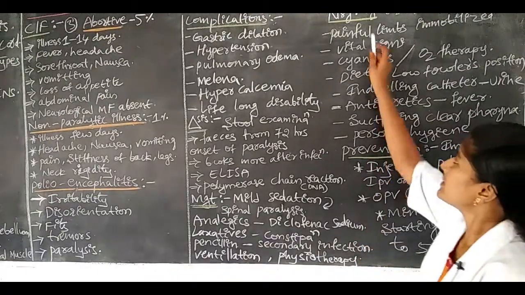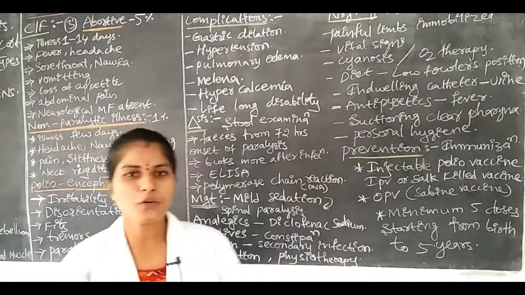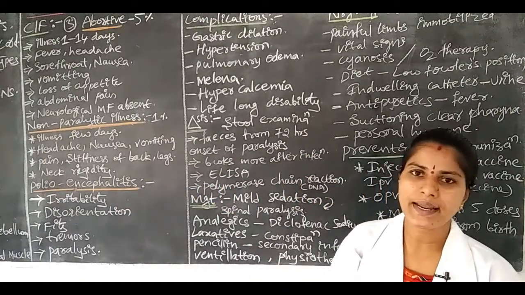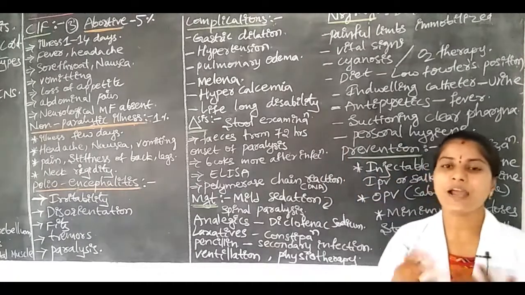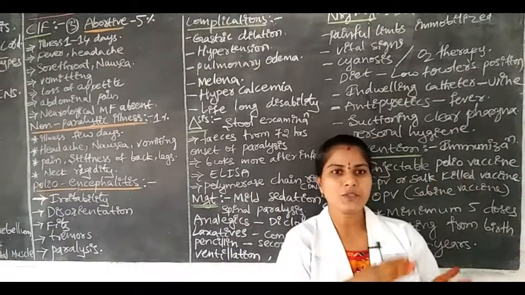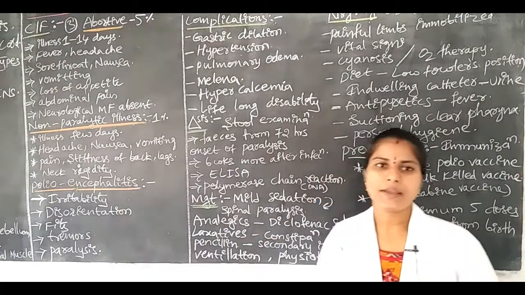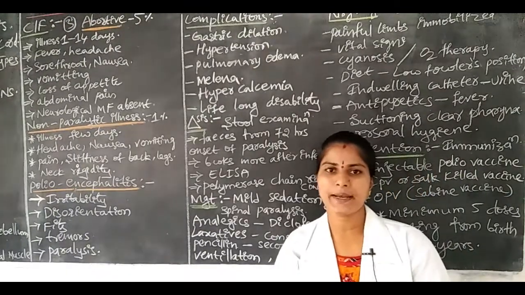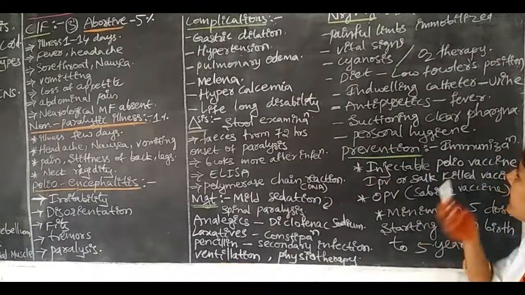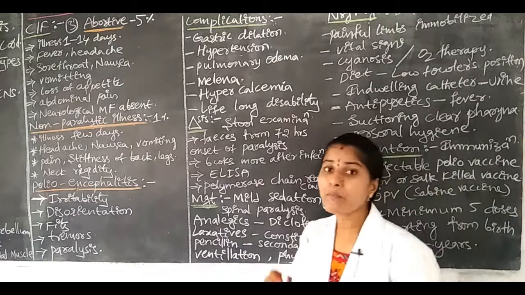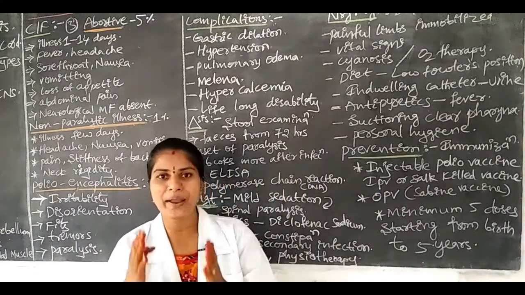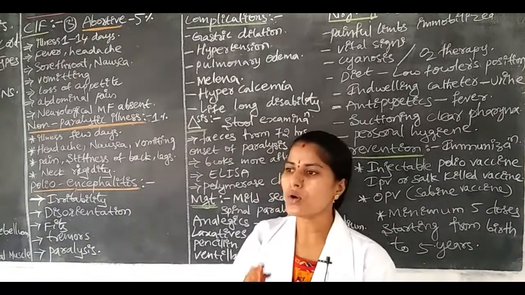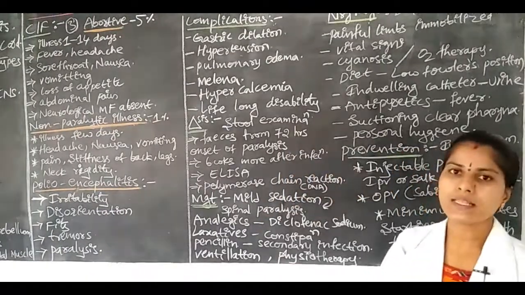Next, nursing management. As a nurse, we have to give complete bed rest to the children and isolate the children. Why? Because the disease spreads from one person to another person, no? Okay, for prevention of spread of infection, we have to isolate the children. Next, we have to immobilize the part. Whichever limb is painful, that part should be immobilized, with no movement, for reducing the pain.